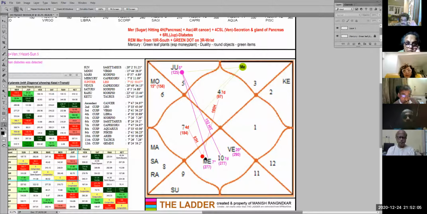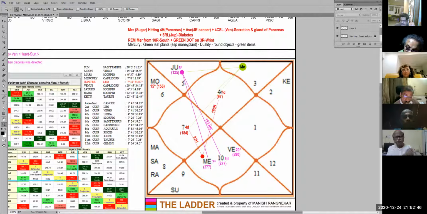So do you get the picture? Mercury is hitting the fourth house. Also the Rashi Lord. Like I told you, whenever a bomb falls on a house, the four things which are affected are the house itself, the Rashi Lord, the planets seated there, and the Kaspal Sublord. Correct? So Mercury is hitting the fourth house, and it is also hitting the house Lord, the Rashi Lord. Who is the Rashi Lord? Venus. Again, Venus here is the secretion and glands. So this is 93 degrees, which is within the possible plus or minus 3 degrees. So this is one possible hit.